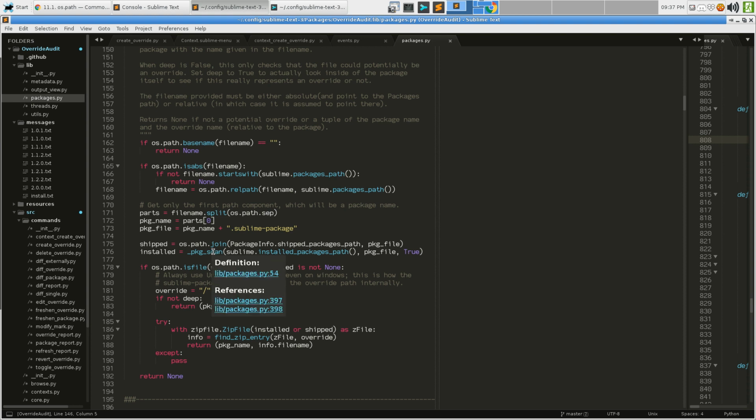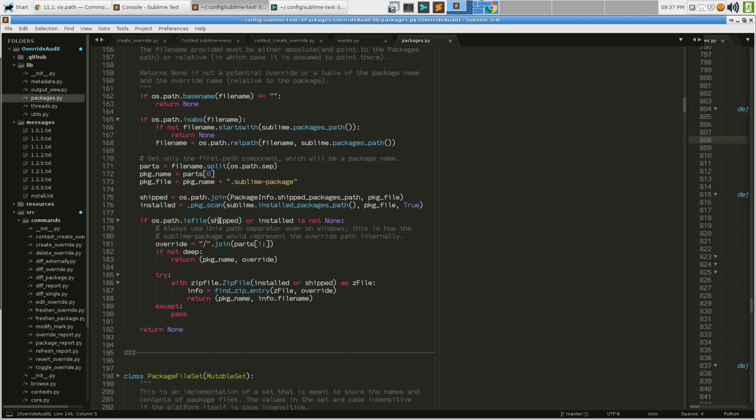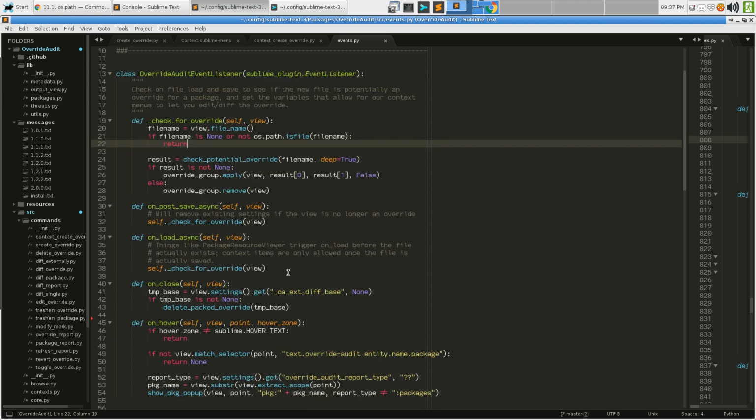It does a scan to see if this exists, and if the shipped package exists or it's installed, figure out if it's an override and return the package name. And so this is actually figuring if this could actually be an override or not, but it requires a file that exists on disk. So one thing we could do, if we do it in both of these places, check for override. If result is not none, apply the group, otherwise remove the group. And if we're applying the group,